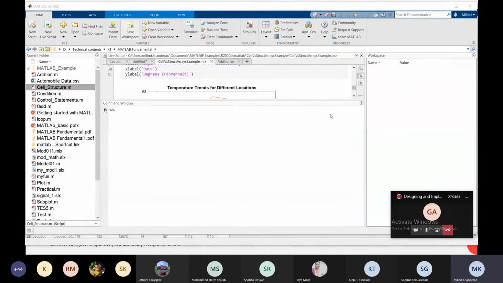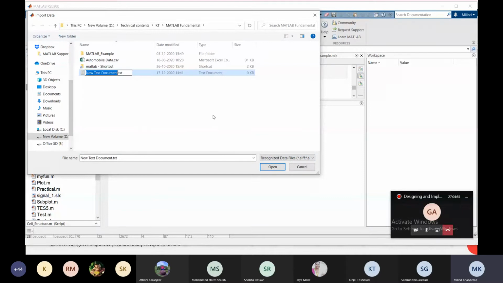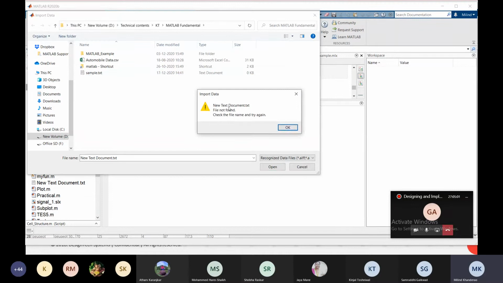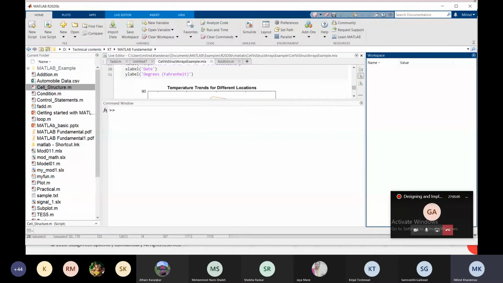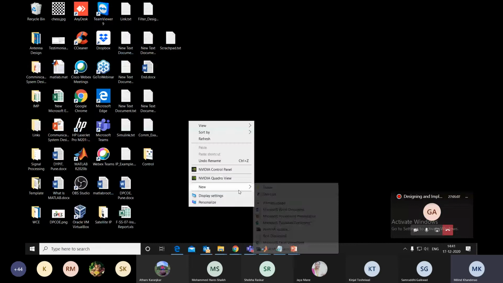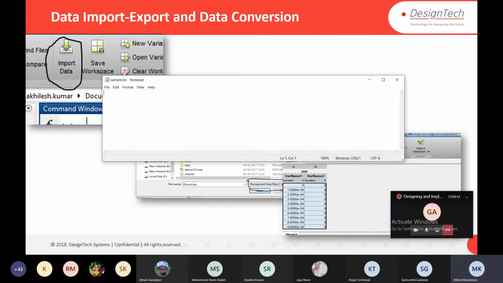So suppose if you want to import, suppose here is one file, let's say sample. So what I will do, I will create one name here, sample. And what I will insert here, some numbers.